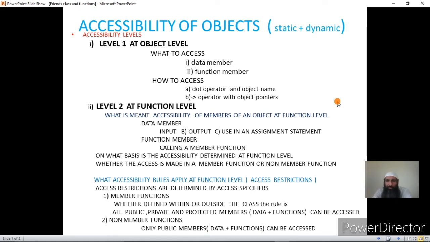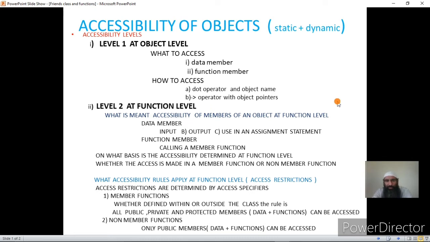And ultimately, we will be accessing the basic member at the primitive level. So we are actually accessing the memory once we access the object in the case of data members, and we are actually calling a function once we access a function member. But for naming a data member uniquely for each object, we use a unique object name, because the object name should be unique. Two objects cannot have the same name.